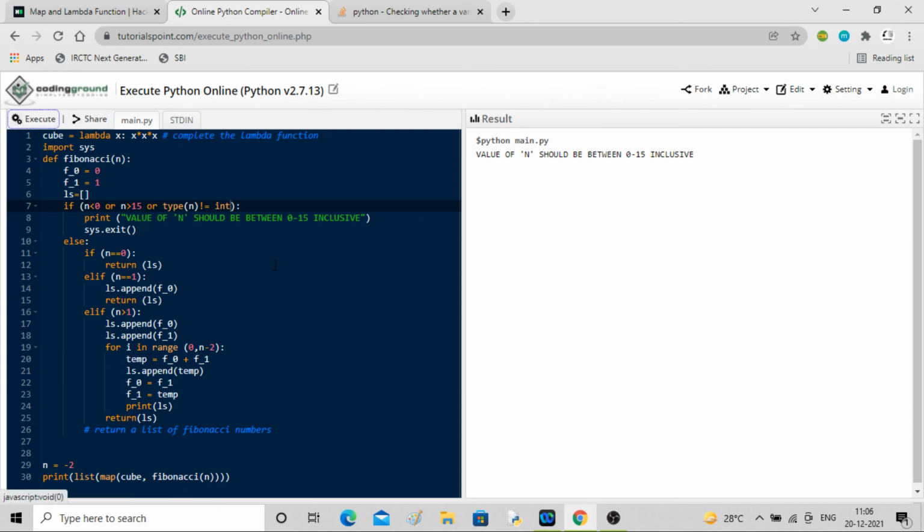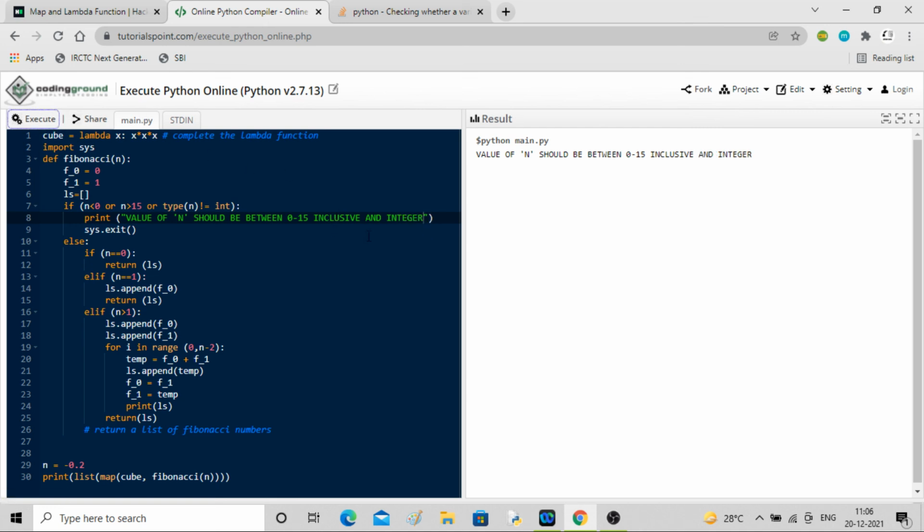Then it will execute. Let me write -0.2. Now it's working. What I have done is taken the type of n, and if it is not an integer, it will also print the same thing: n should be between 0 inclusive and an integer.